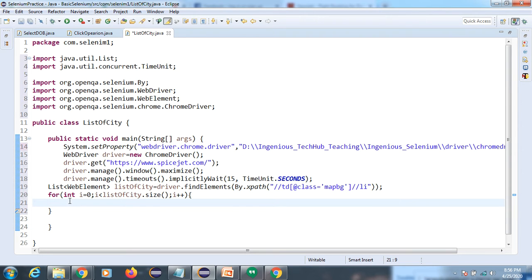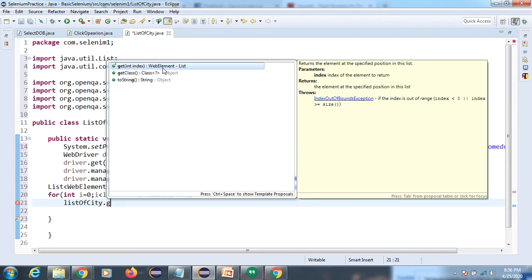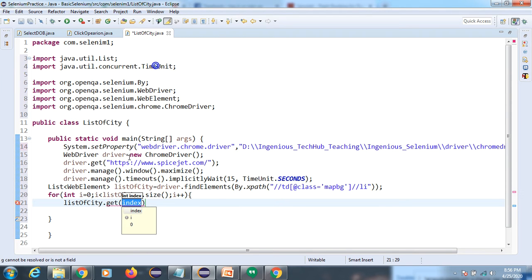So what you have to do, we will use this for loop, right? In this for loop, last session I already discussed how the elements are stored in the list. Inside this list we have a method called get method, and you can see it accepts an integer type, so the integer value is i here, right?